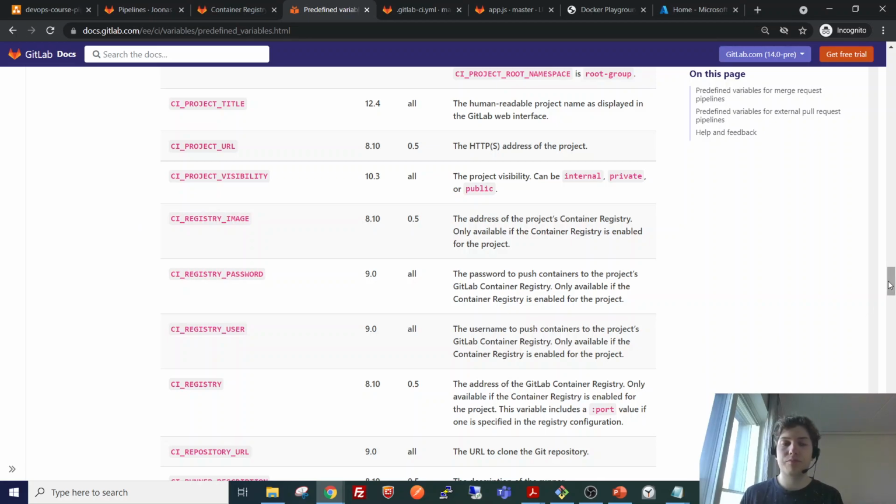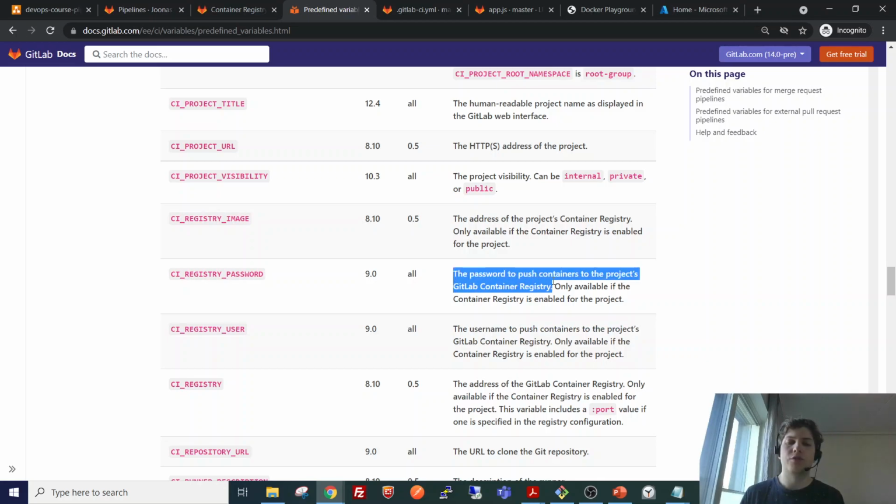GitLab pipelines have a certain set of predefined variables that we can use inside our pipeline, and now we are interested in variables that relate to the container registry. Here we have the variable CI_REGISTRY_USER, which is a username to push containers to the project's container registry.